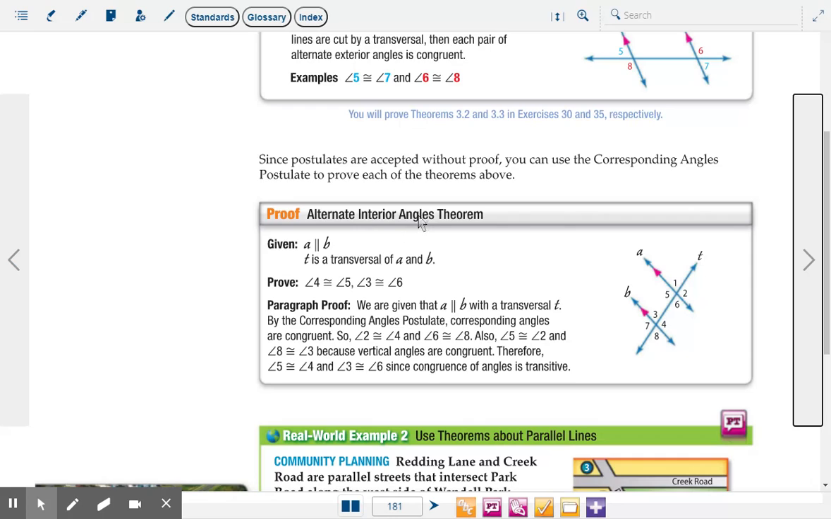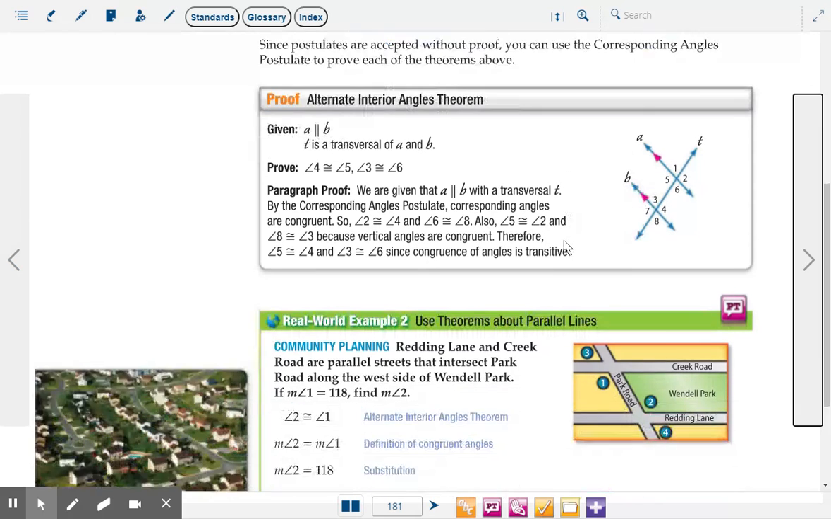Alternate interior angles is one of the theorems that gets used a lot. So much, in fact, that we abbreviate it when I write out my reasons. We often abbreviate it AIA for alternate interior angles. Okay,